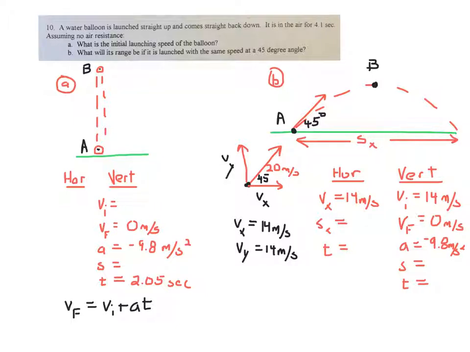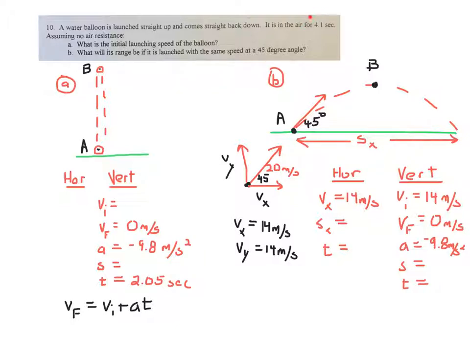Here's the other key to this problem. The time is 2.05 seconds. Now, how did I get that? Because the problem says at the very top, the time is 4.1 seconds. Well, that's the round trip. That's the time it took to go up and come back down. And without air resistance, these problems are symmetrical in the sense that it takes half the time to get up,